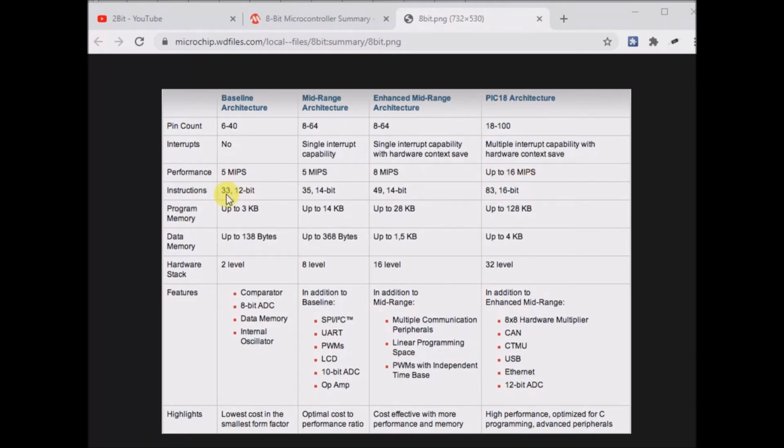Instructions: 33 12-bit, 35 14-bit, 49 14-bit, 83 16-bit. Program memory, up to 3 kilobytes. Mid-range, up to 14 kilobytes. Enhanced mid-range architecture, up to 28 kilobytes. PIC 18 architecture,